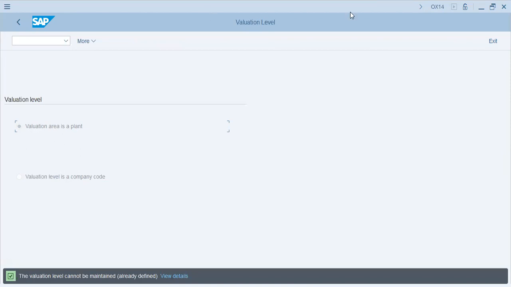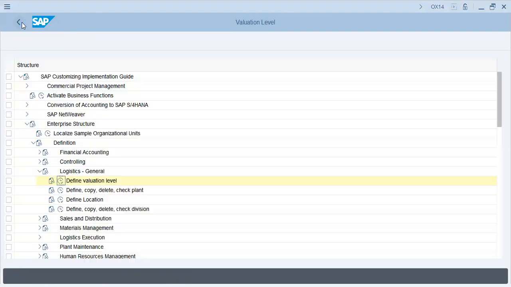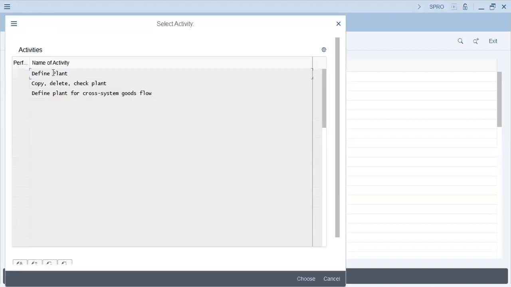Valuation means you calculate the valuation of your material based on the plant, and you evaluate the material by its quantity and cost. So first we'll make a plant, define a plant,